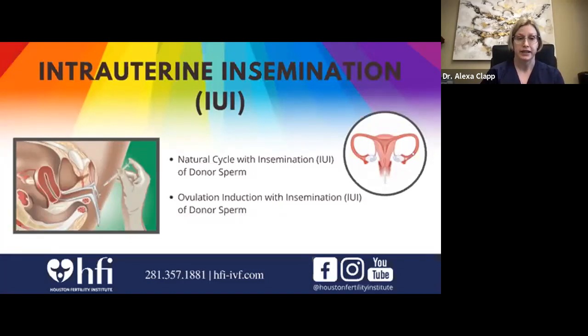In an unmedicated cycle, a good candidate for this situation would be somebody who has regular menstrual cycles and is ovulating on their own. In this type of cycle, we would follow your normal follicle development. Like Dr. Nurudeen mentioned in the beginning, our eggs are housed in our follicles. These follicles are fluid-filled sacs in the ovary. Each month we get a group, and on your own, only one is going to grow. So we follow that follicle until it reaches a size that we would trigger your ovulation, and then proceed with